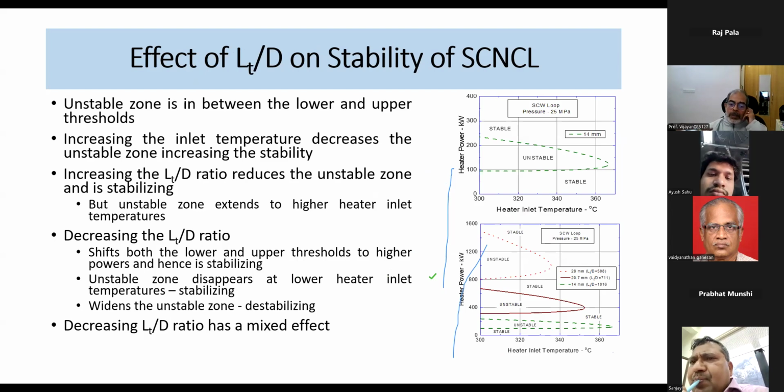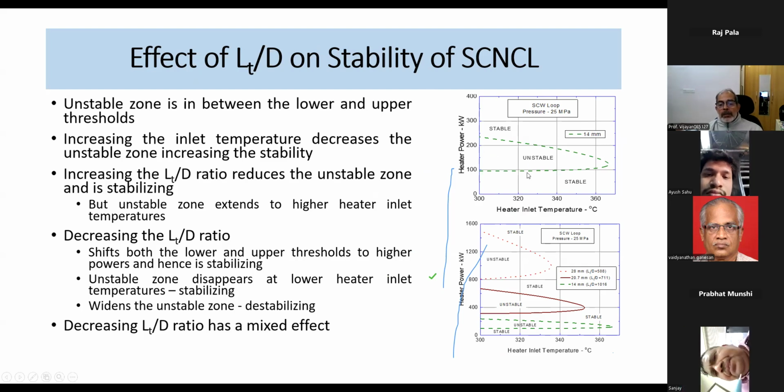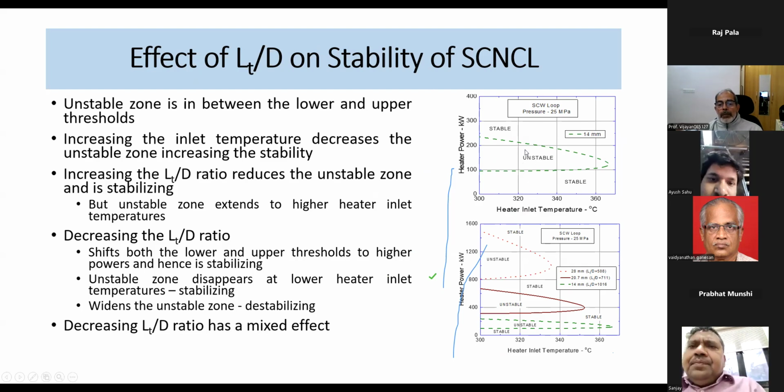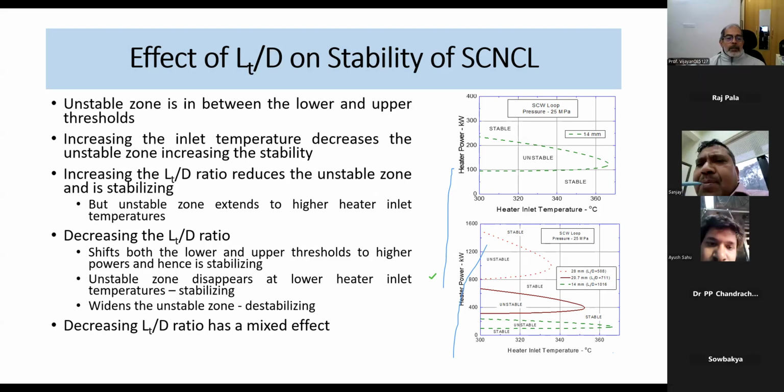Now, if you look at the stability, this is the stability map typically which you will get. The stability map is much similar to the single phase case, in which we found between the lower and upper threshold, it is unstable. So in single phase and two phase, between the lower and upper threshold, it is unstable. But then, what is the effect of L by D? L by D has a mixed effect in